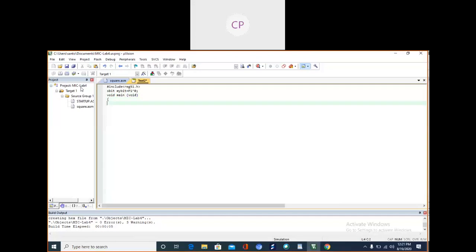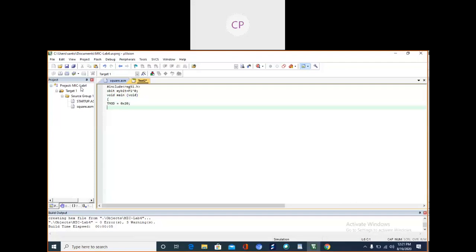Then TMOD is loaded with 0x20, that is, 20 hex is loaded into the TMOD register.